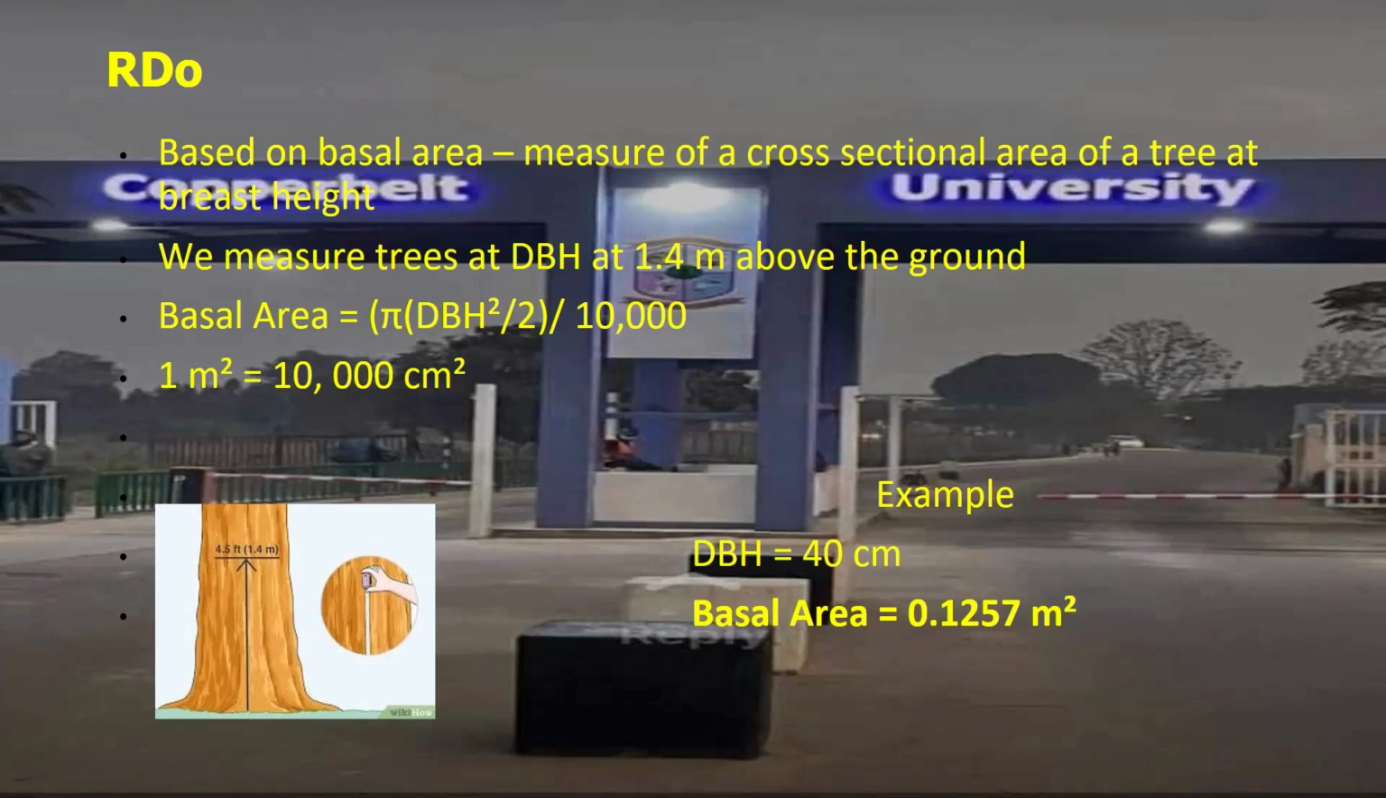That's how we calculate the area of a circle. But here we are measuring the circumference. We are not measuring the radius because we cannot see the radius. So we use diameter instead of radius. And we know that 2 radius gives us 1 diameter. So that's why we are dividing by 2. Then divided by 10,000 to convert that to square meters. So that's the first thing you need to know, that relative dominance is based